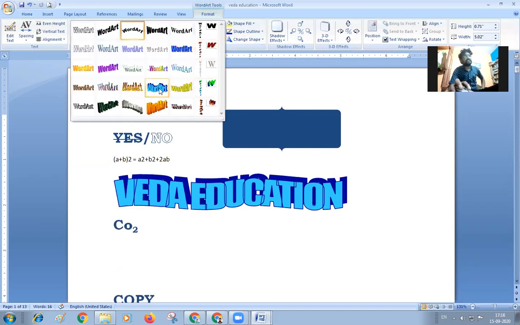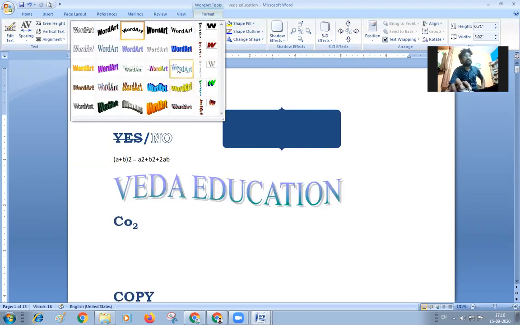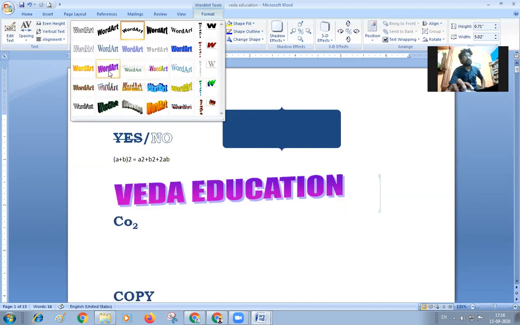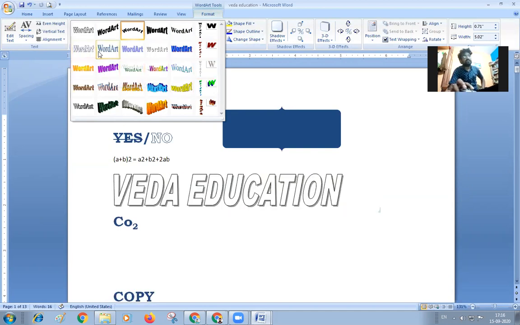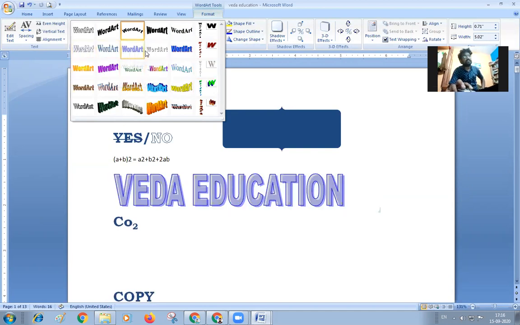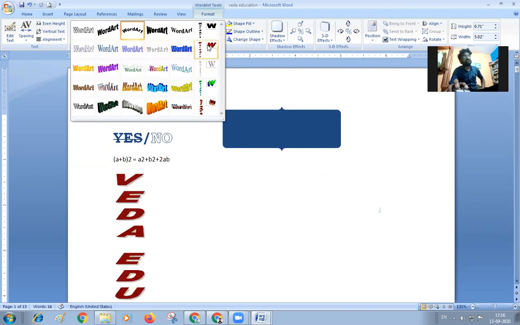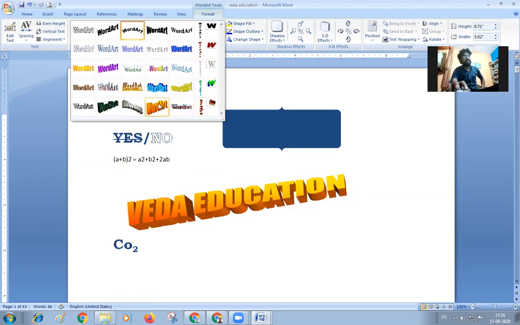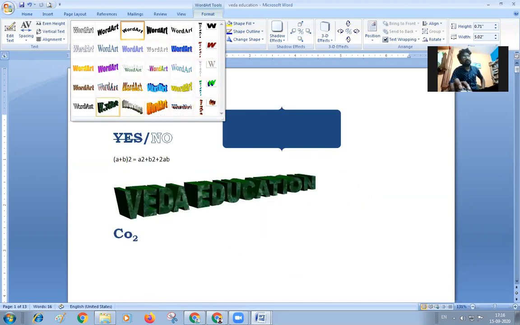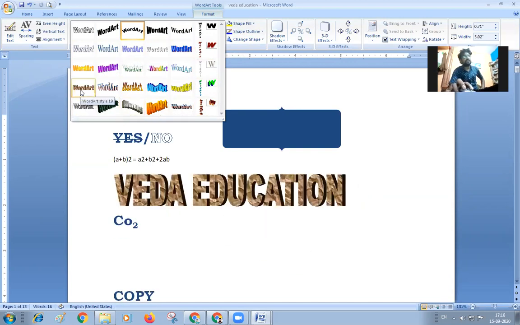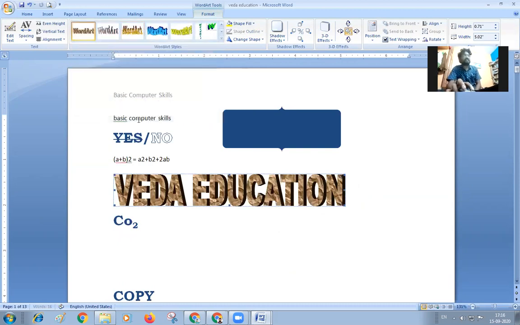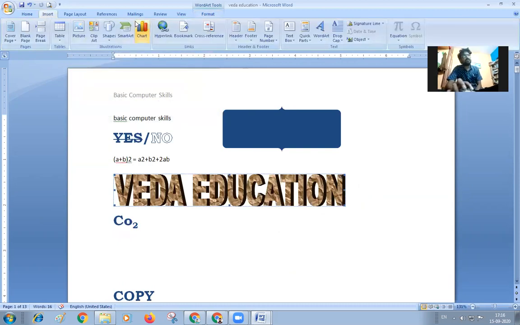You can see this inverted form, and if you want to change it, directly click on the word art options given here, and you can change to any number of options which are given here. Only the default sizes and default things given over here, called word art, are the examples. You can use this type of word art for all these things, and whatever style you want, you can enable yourself and try it. Drop cap, signature and all this are not required.